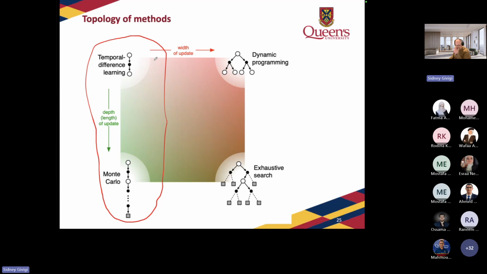Even when we are doing these expected values, right, these expected updates, we don't do this for everything. Why not? Observe that when we do this for a single step, like when we do this for dynamic programming, this might be efficient in the sense that we are going to transform the problem into a polynomial problem, okay? But this polynomial may be very complex. Okay, this area here, exhaustive search, that is where we can guarantee that we have an optimal solution, is prohibitive for most of the cases.